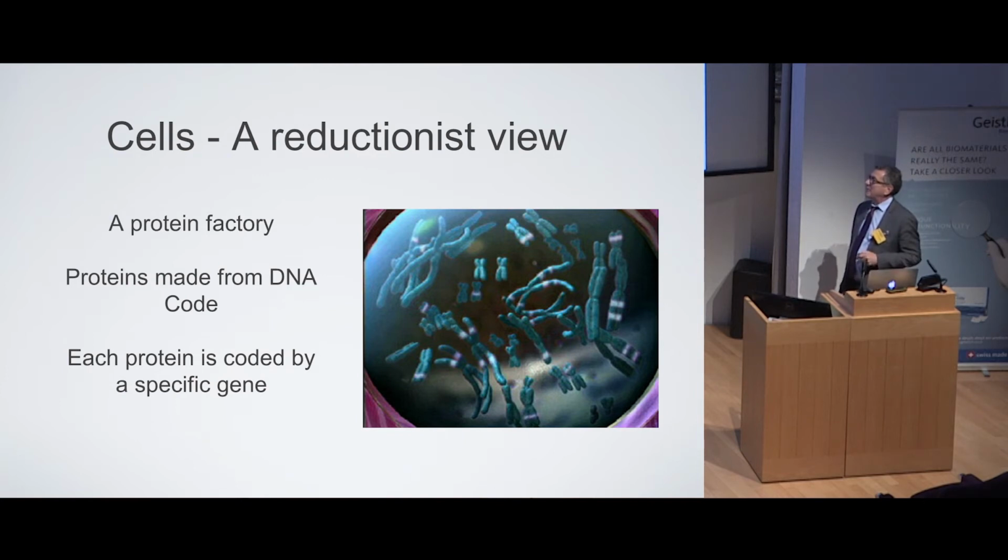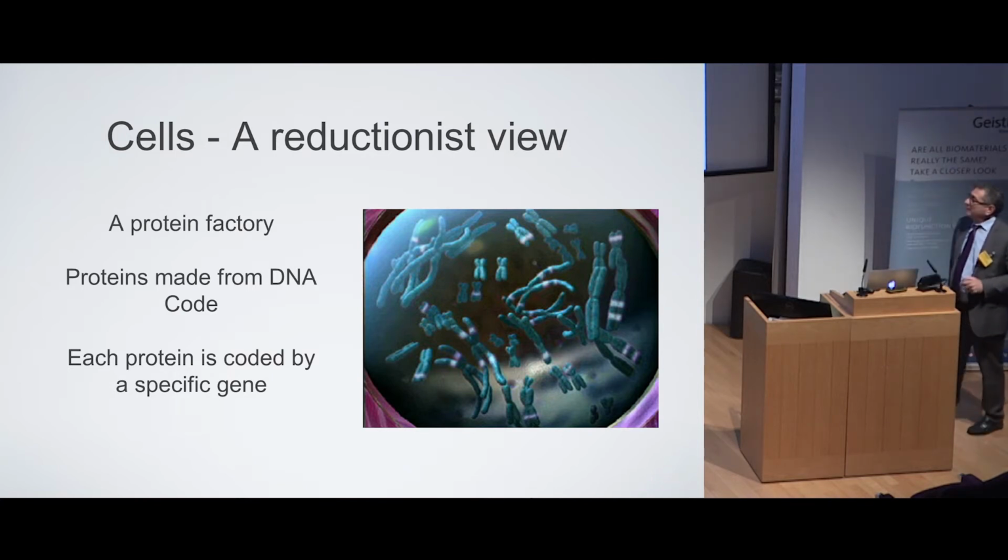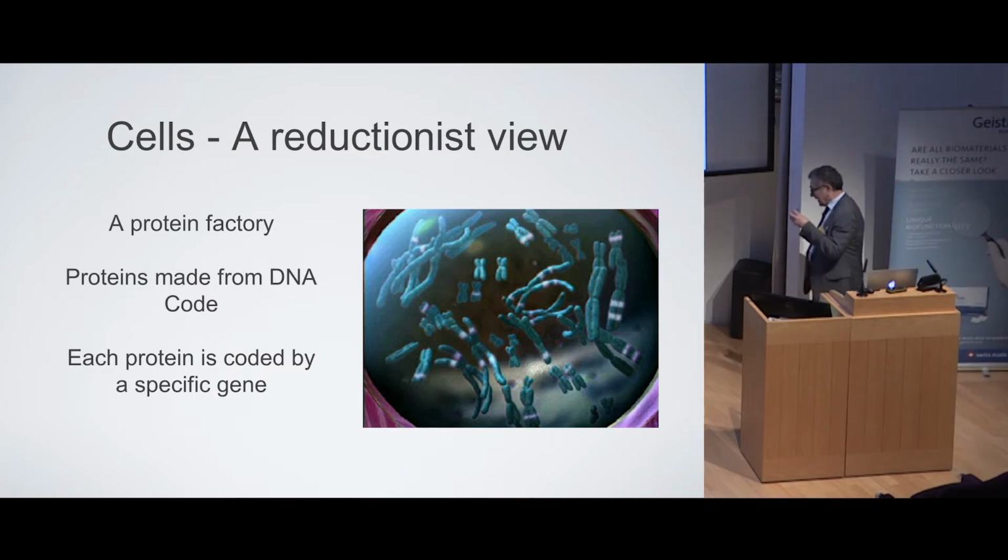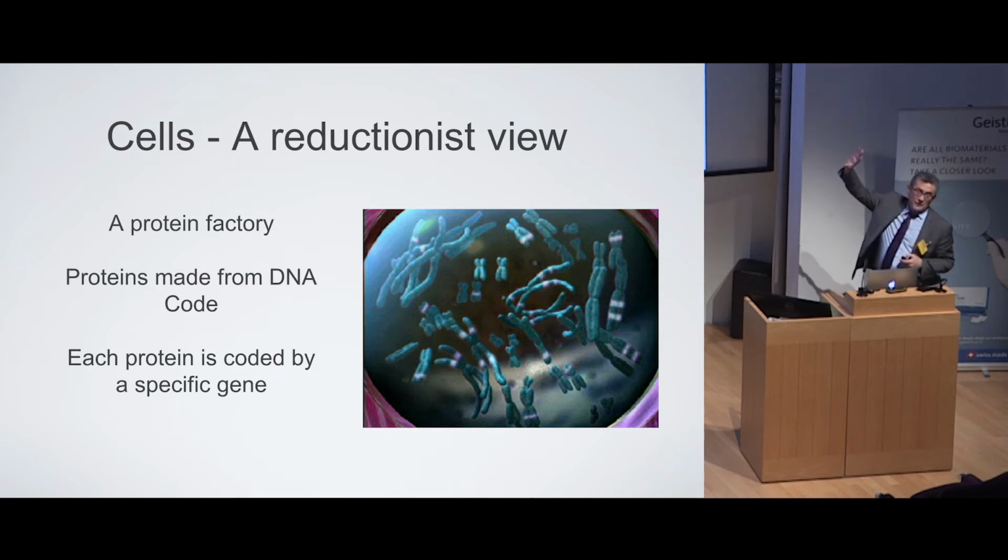So a cell is a protein factory, and of course, the protein factory is made from the DNA code. Each protein is coded by a specific gene. Understanding that process is a key to understanding the deep biology of differentiation. So if we took all of the genes from any cell,